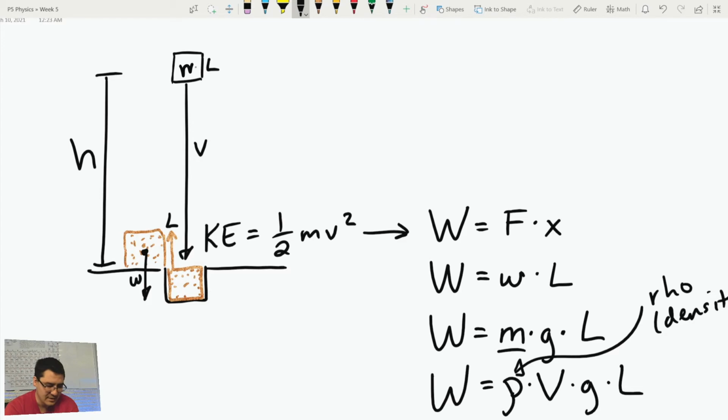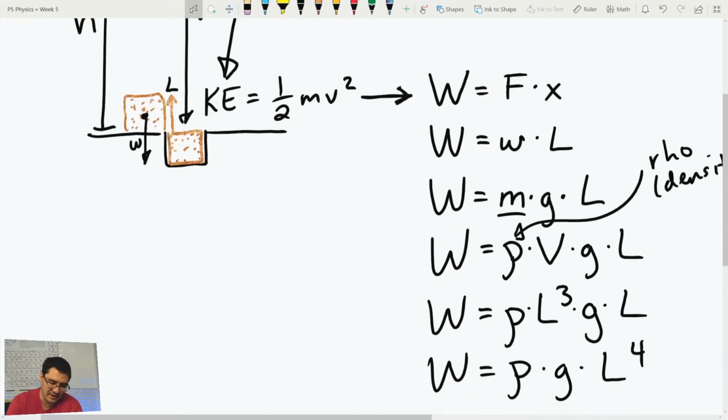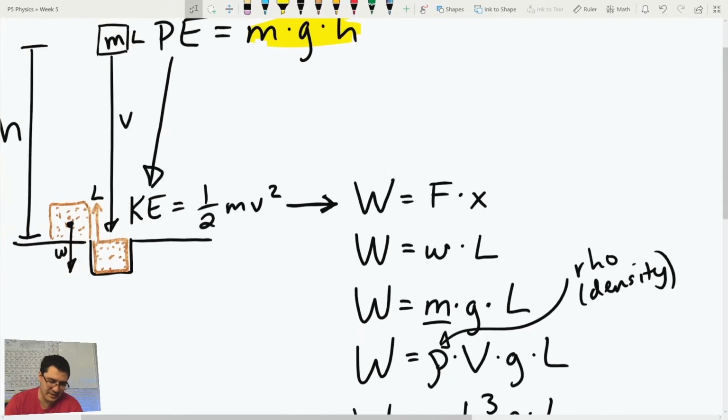So let's make this analogous to our egg drop. If we drop this mass from a certain height, then it has potential energy at the top. Potential energy is equal to mass times gravity times height, and all of that potential energy is getting changed to kinetic energy. All that kinetic energy is getting changed to work. So I'm going to take this potential energy that we started with and set it equal to the work being done. So I'm going to take mgh